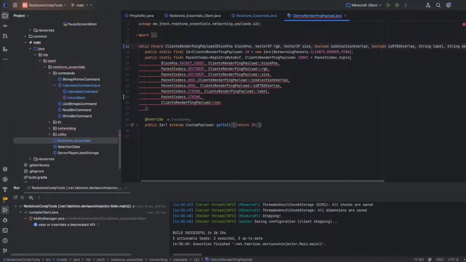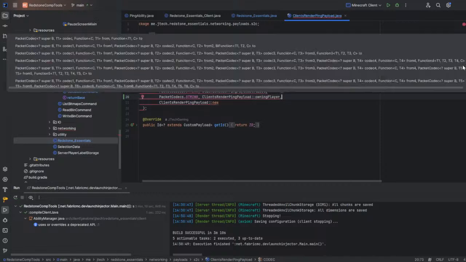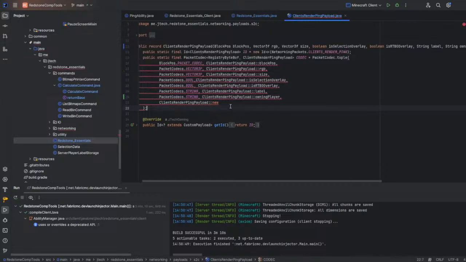Let's make it owning player. And we'll do client's render ping payload owning player. Like that. Does that not work? That's annoying. That doesn't exist. Okay. In that case,